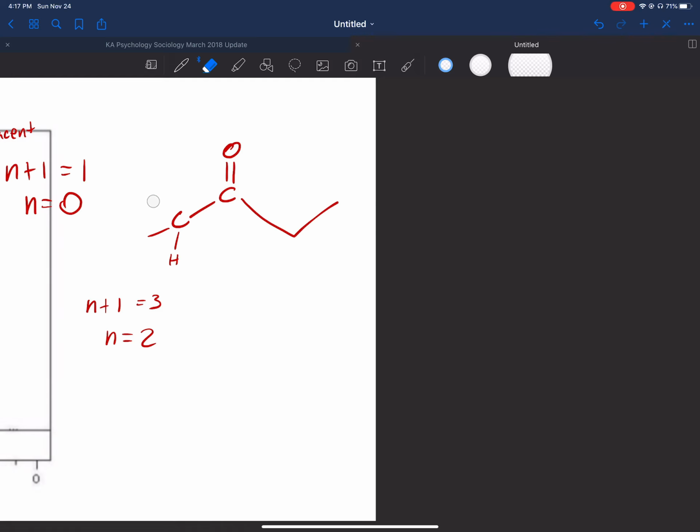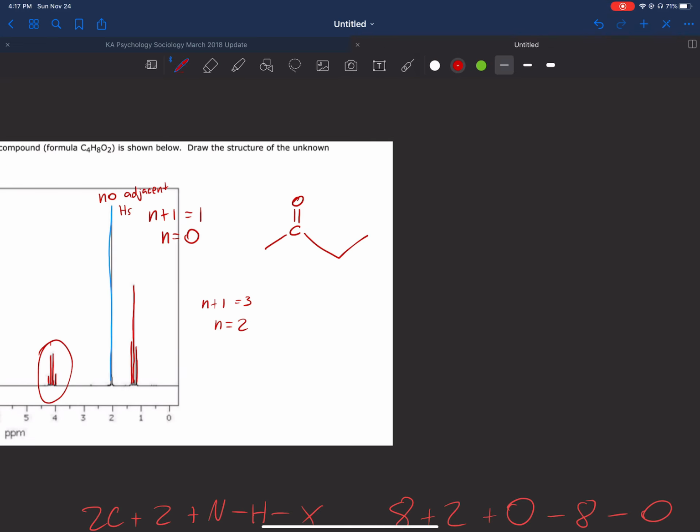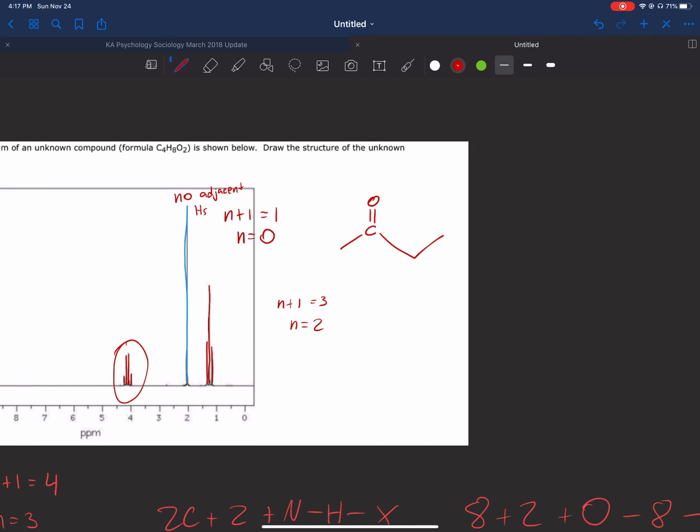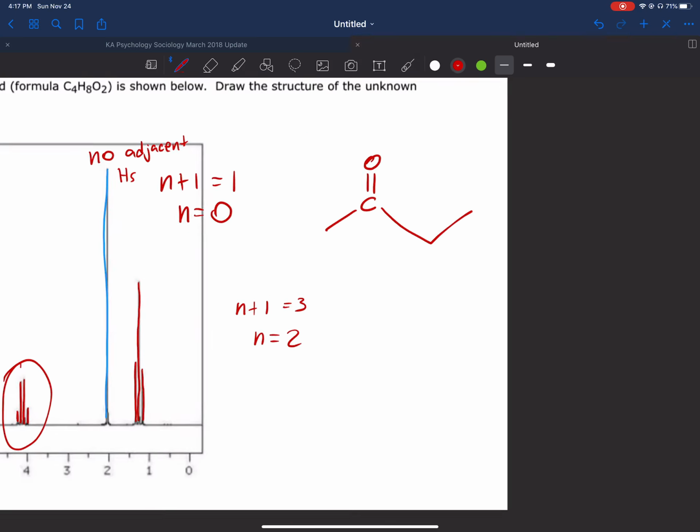But we have one problem, right? Where's our other oxygen? We still have 1 oxygen we didn't take care of. We have all 4 of our carbons. The last thing remaining is that oxygen. Where are we putting it? Well, we have to keep our